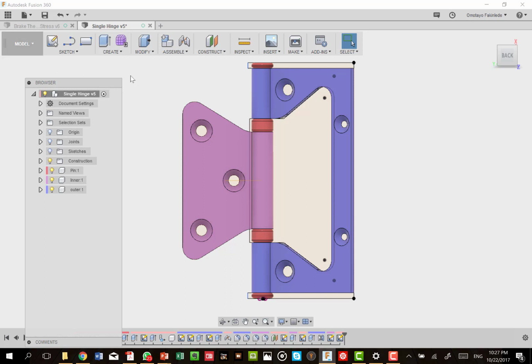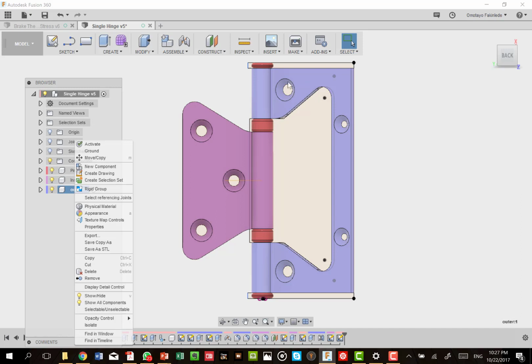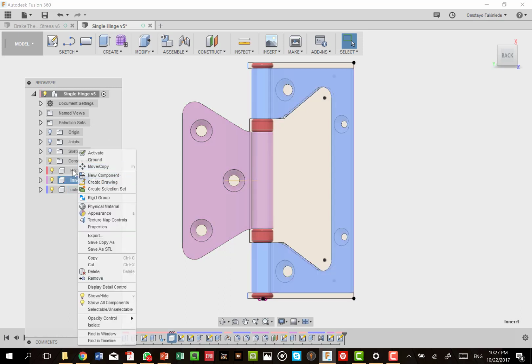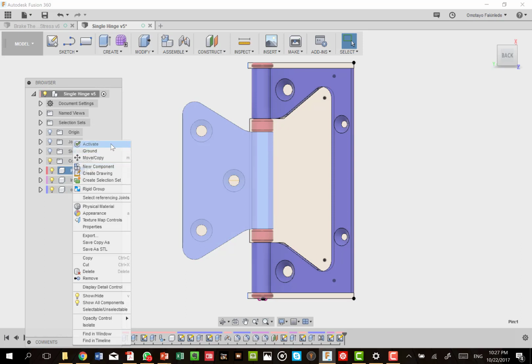But before we do that, let us know that we can still get a lot of design information out of the model workspace. For example, if we take a look at the outer, which is this one, and we right click on it, or we can right click on any one of them, outer, inner, pin, we have a lengthy drop down menu from activate, ground, move, copy. Many of these you have already used when you are creating your own component yourself. But of this, there is one here called properties. If you look at the properties drop down here, we just choose it.